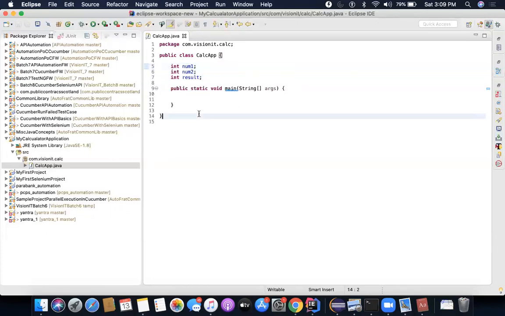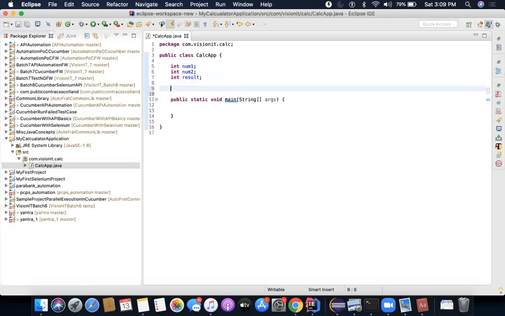Right? Now I will also have to create behaviors, isn't it? Because I want to create a calculator application. A calculator application has behaviors. What are those behaviors? Minus, plus, multiplication, division. These are its behaviors. All right, one, two, three, four, five. You can say these are its characteristics or properties. So I need to create a behavior. To create a behavior, I need to declare it and define it. So how will I do it?